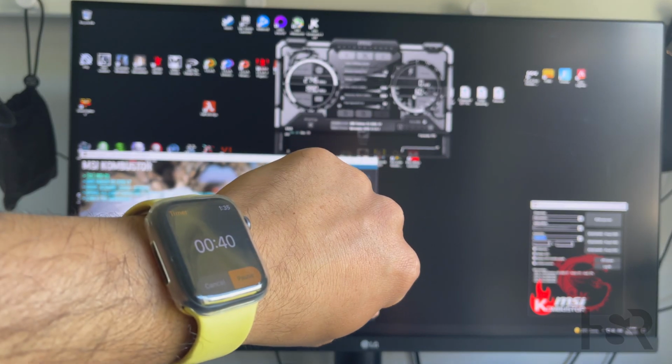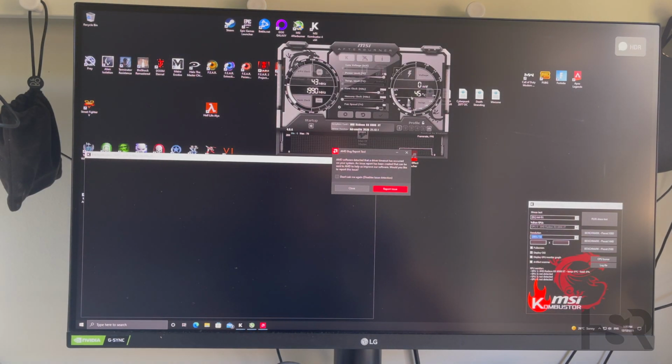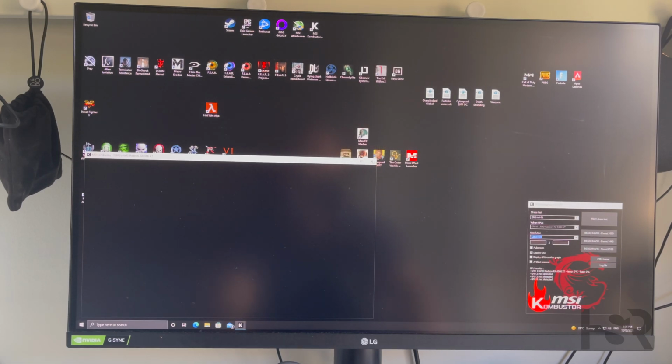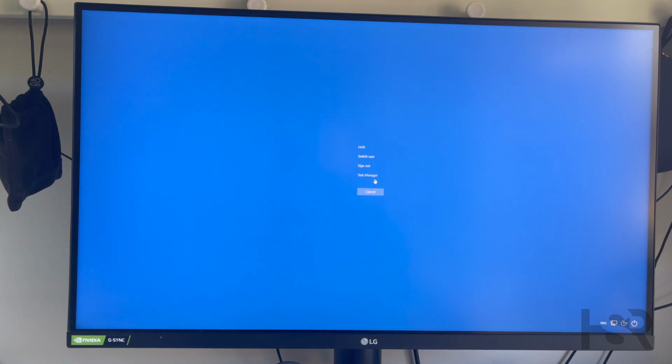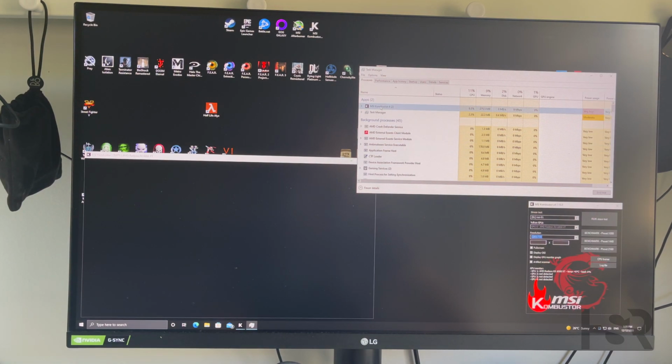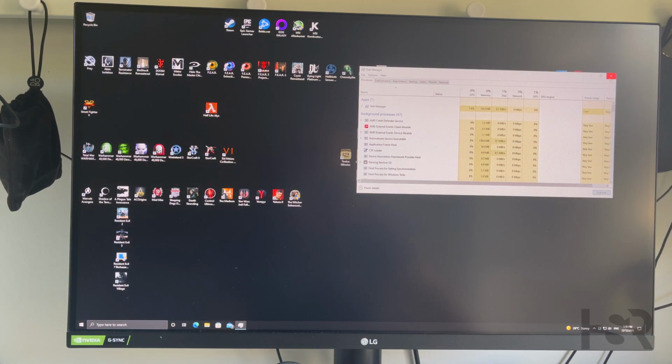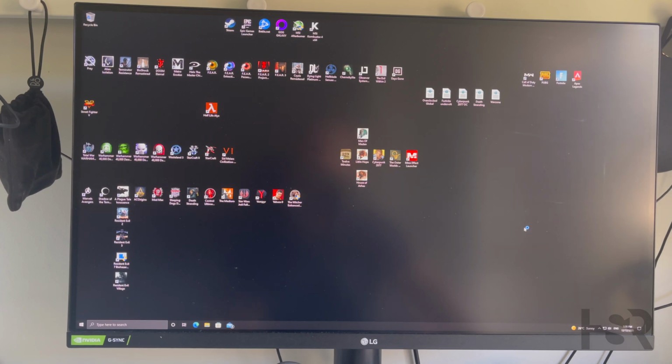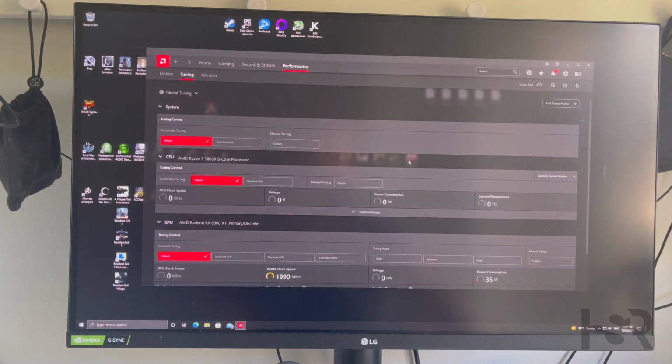So see, it's crashed at about 40 seconds left. So what I'm going to do is, I'm getting a feeling that the AMD software is overriding this one, in a way. So what I'll do is I'll just close everything and I'm going to go into AMD and I'm going to just increase their fan. So custom,